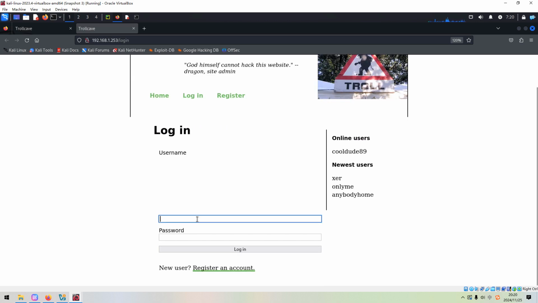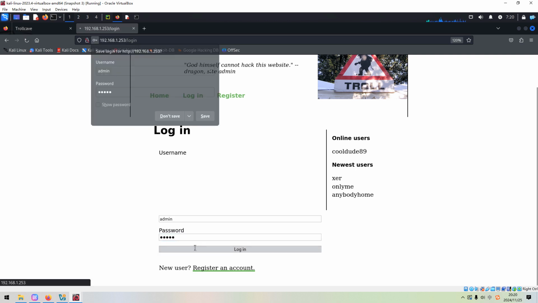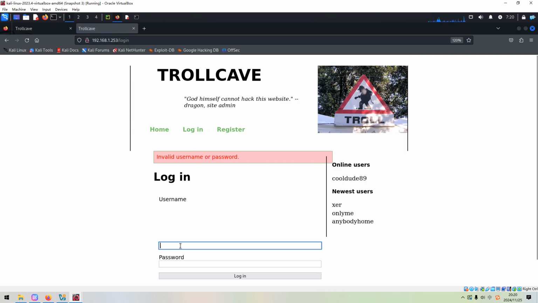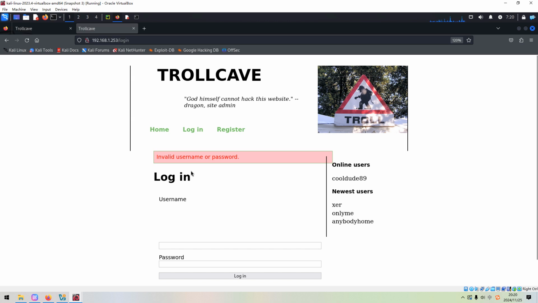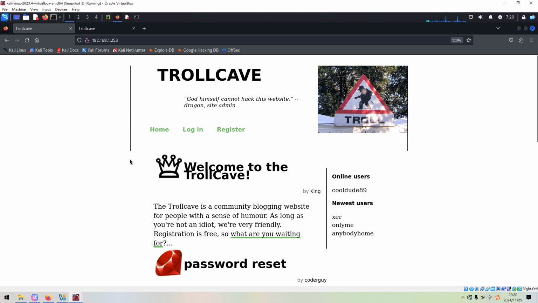We can try to use a weak credential to login, admin and admin, but it failed. So how about a login bypass technique? Login: invalid username or password.